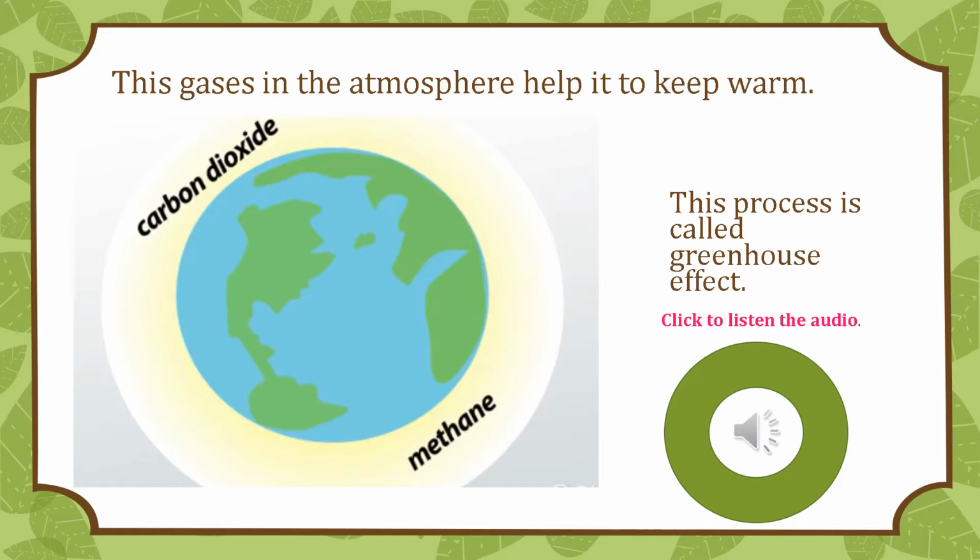The planet Earth gets warm enough due to some essential gases called carbon dioxide and methane. These gases are very important for this process to happen. And this process is what we call the greenhouse effect, a normal way in which the planet Earth gets warm. It's just like when you hold a cup or a glass or even your pencil with your hands, and